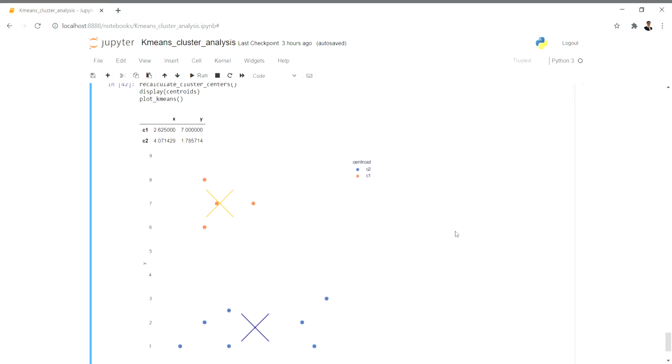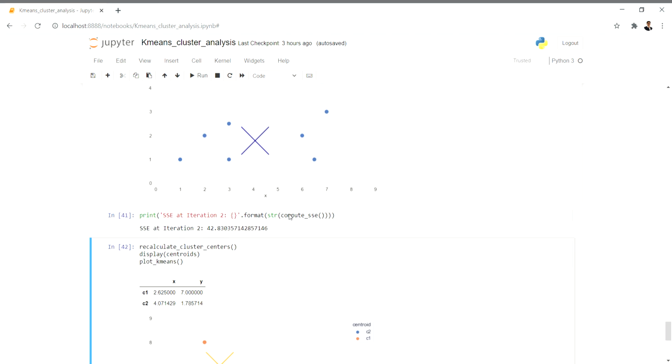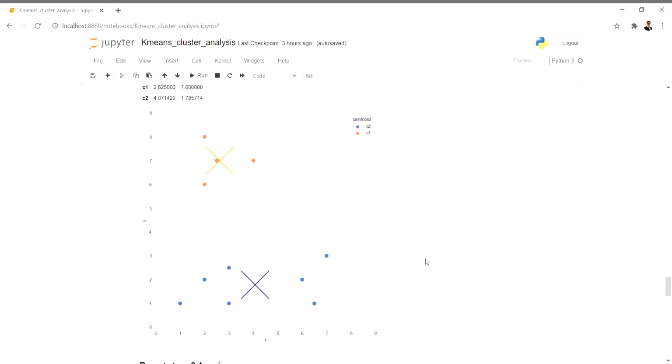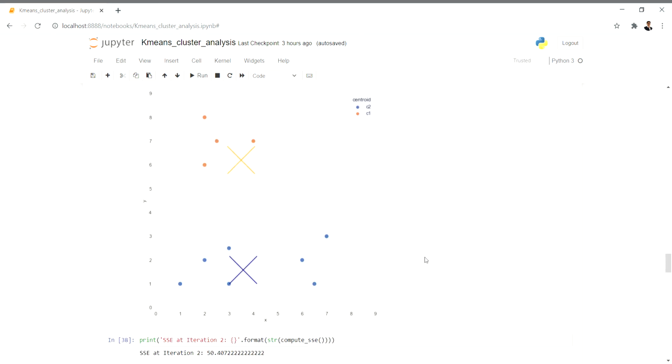So this was just to give you an idea of how we can do k-means clustering, and it is very easy to do in Python rather than doing this on pen and paper. Okay, so the takeaway is that by using simple data structures and simple libraries, we can implement k-means clustering analysis.